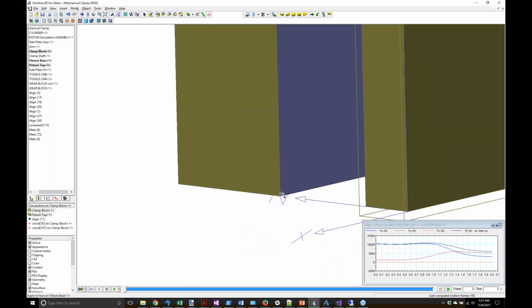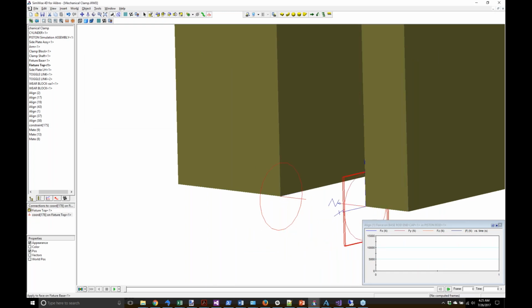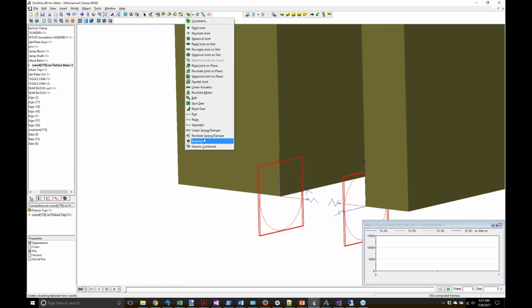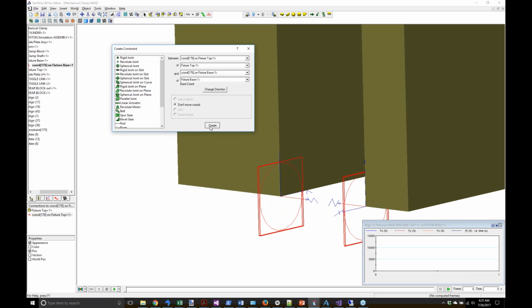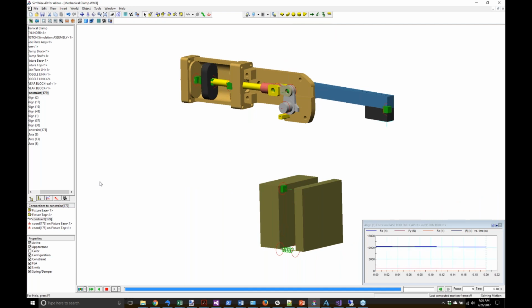Let's add a spring between these two parts to provide some resistance. So I'm going to create these two chords here at the corner. I'm going to select them, and I'm going to say I'd like to create a spring between these two. And here's where I can set my spring parameters. So let's make the stiffness 15, and we can also put a damping coefficient in if we'd like. So let's put a damping coefficient in. And now when we run the simulation,